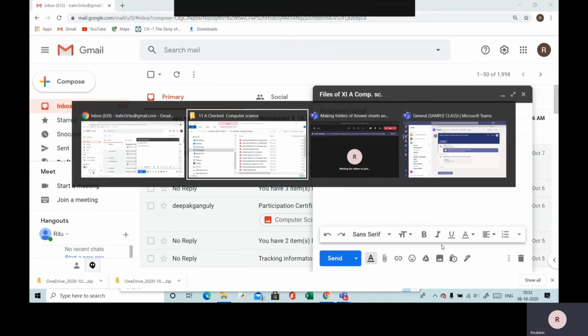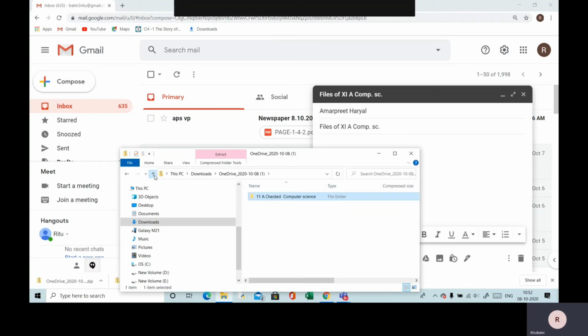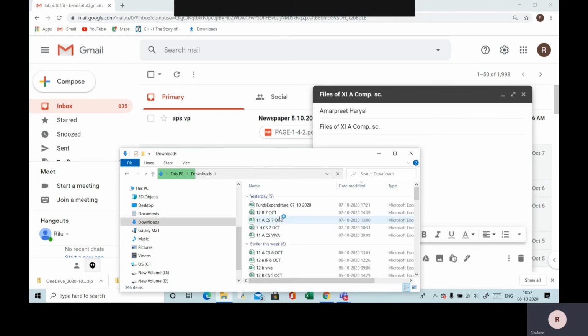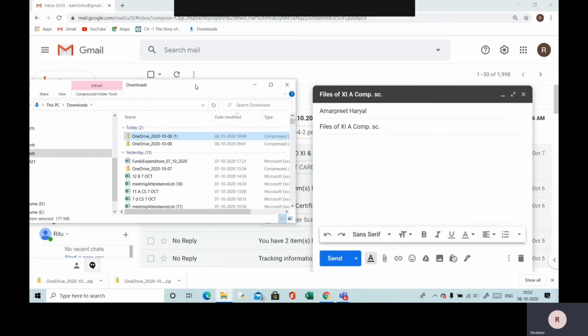So for attachment, we can simply come to this downloads folder. In the downloads folder, we have this zip file, which is already created. This zip file, the upper one, is the one that I had created. If you want, you can rename and change its name by right clicking, and there is a rename option. In case you don't want to, you can directly send it also. That is not a problem. So I'm just sending it like that. Just drag it to the area of your email that you were composing.